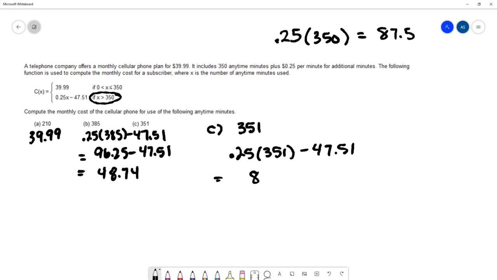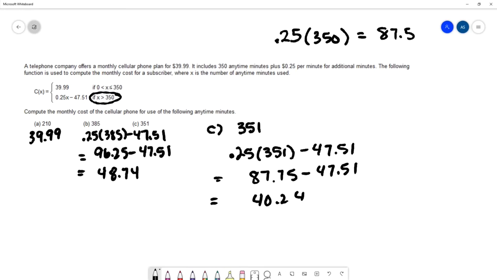That's 87.75 minus the 47.51. So 87.75 minus 47.51 is